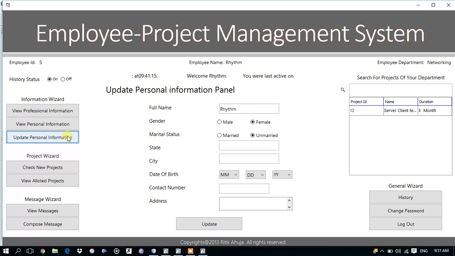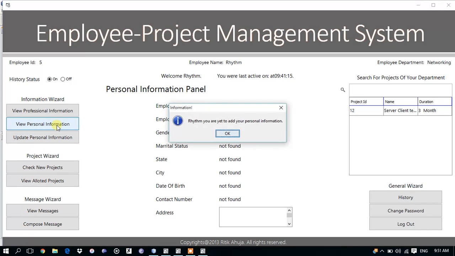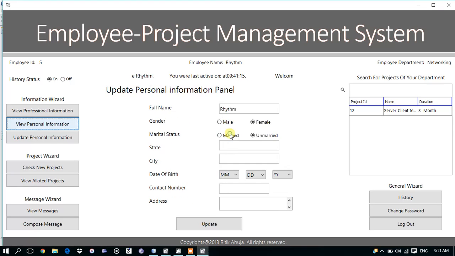You can update your personal information like this. You can view your personal information. Yes, he has not added his personal information in the database. So this is for the employee project management system for an employee. So once we log out,